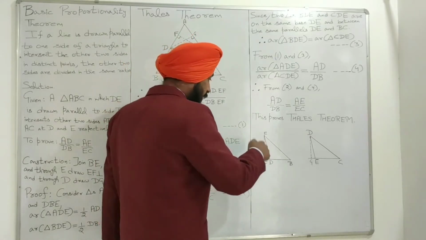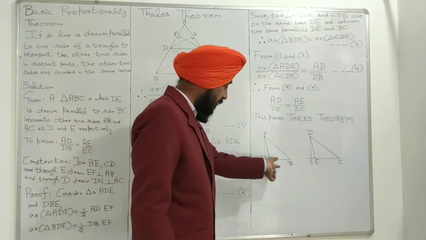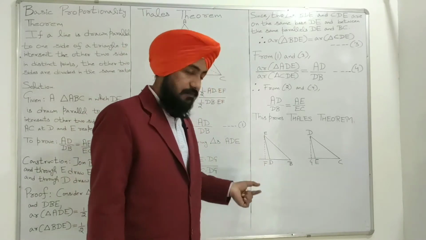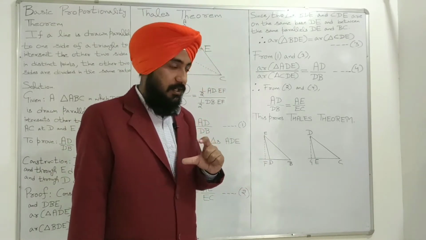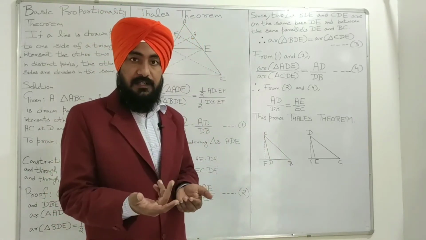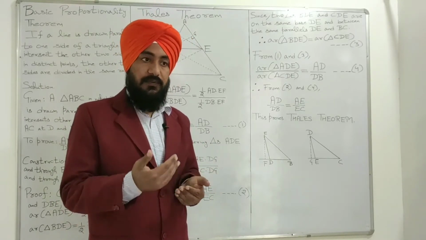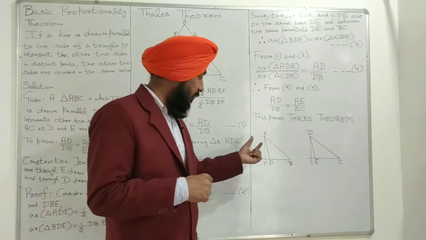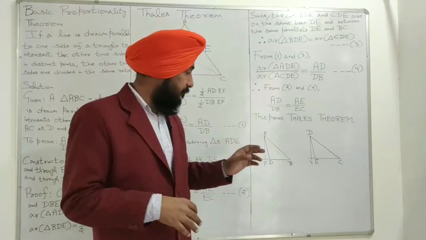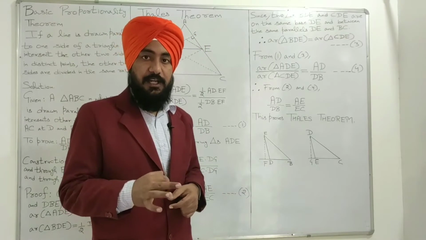For taking the height, I have drawn the perpendicular, which is EF, on the line DB. I have produced this DB line, and I have taken this EF, which is the perpendicular on this DB line, and this EF is representing the height of this triangle DBE. So we can't take the height of the obtuse triangle inside the triangle. We have to take the height outside the triangle in the obtuse triangle. We can't measure the height inside the triangle.